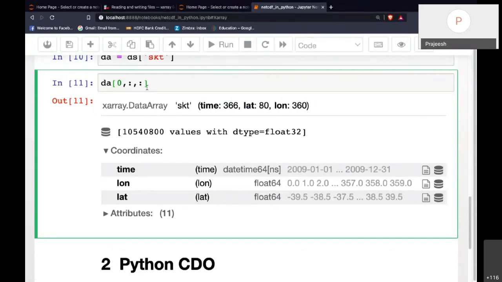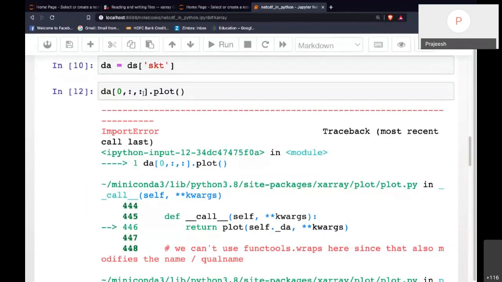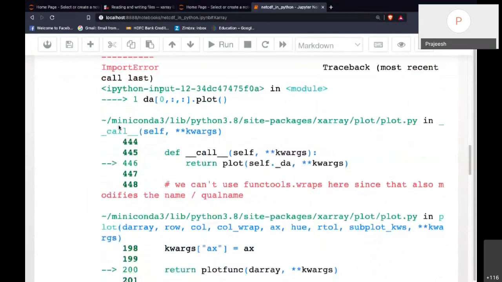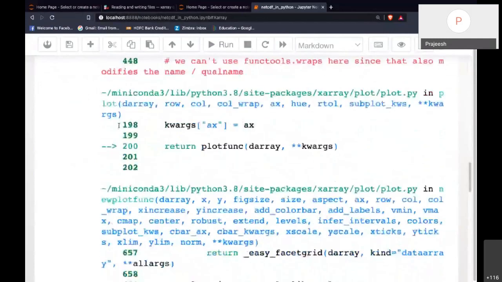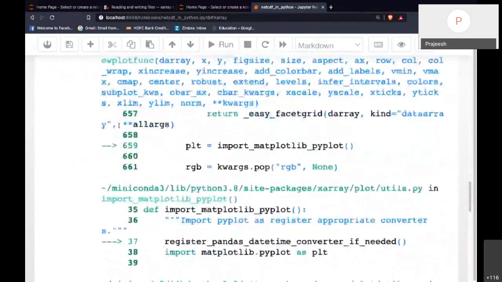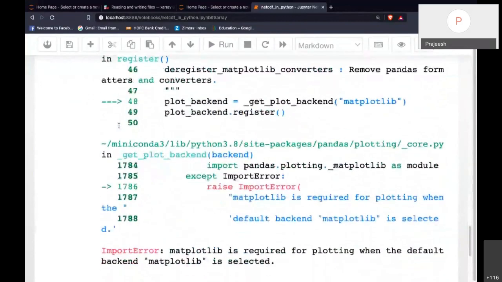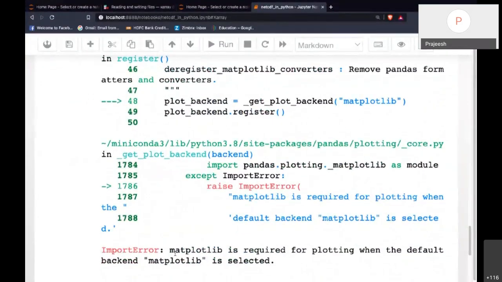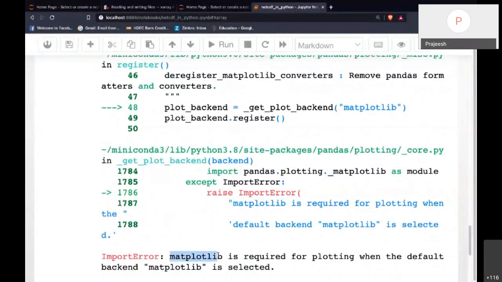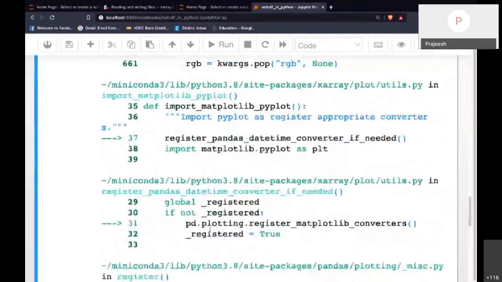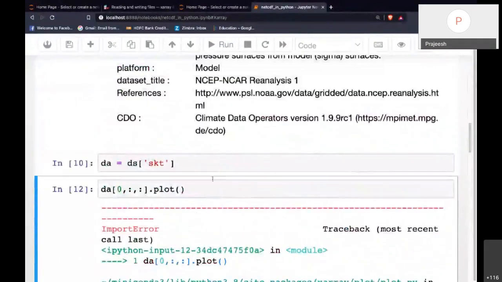So this becomes a two-dimensional array, and then you can just do a simple plot of this. It says error. Let's see what it is. I guess it uses matplotlib for plotting, which is not installed. So let's install it.